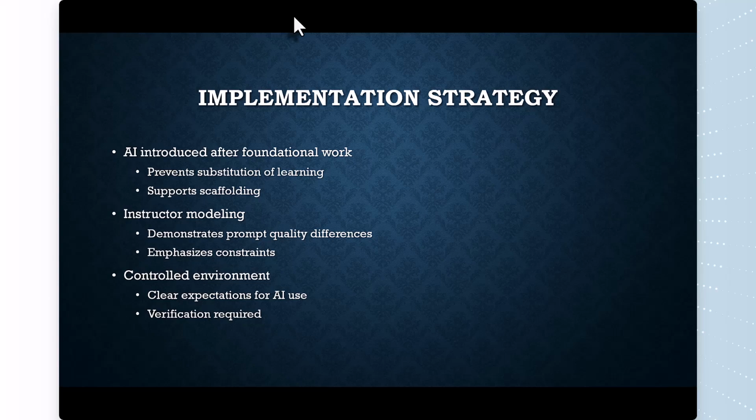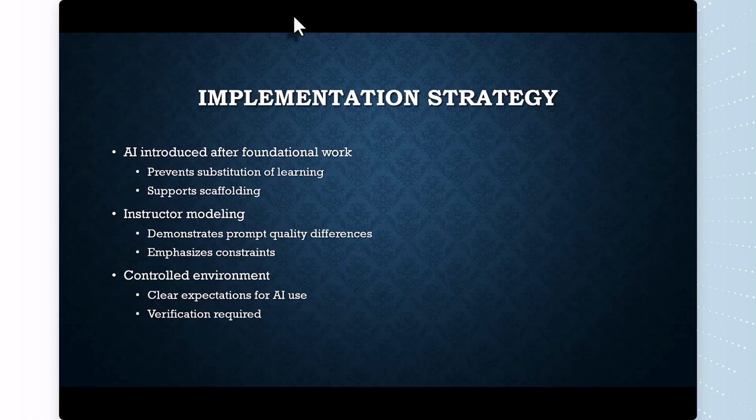So again, AI is introduced after the foundational work. This prevents substitution of learning and supports scaffolding. For instructor modeling, it demonstrates prompt quality differences, and it emphasizes constraints on how the students have to progress.